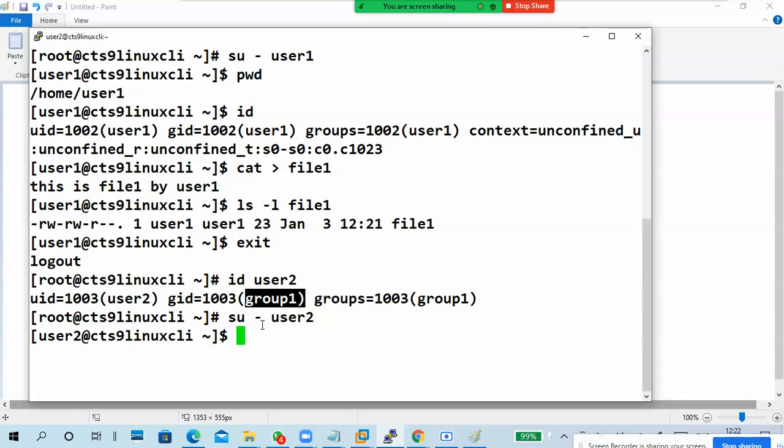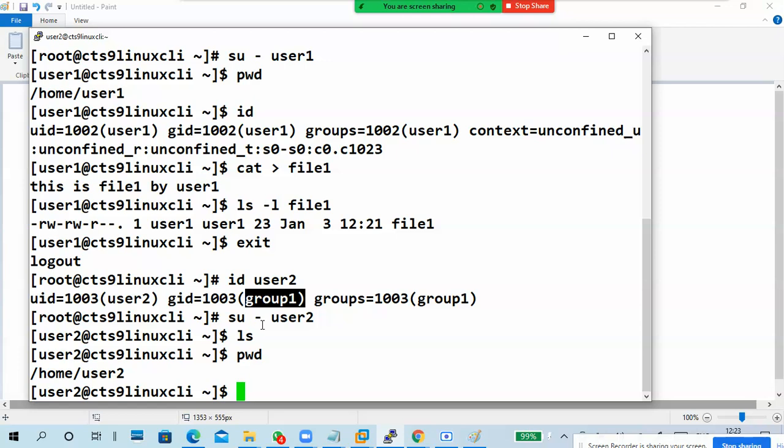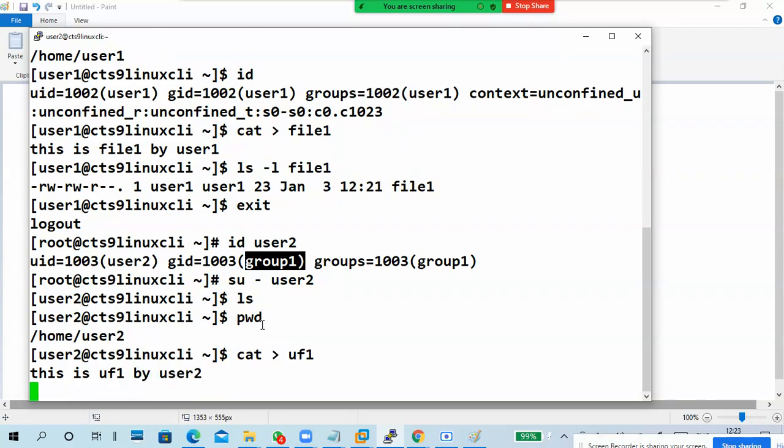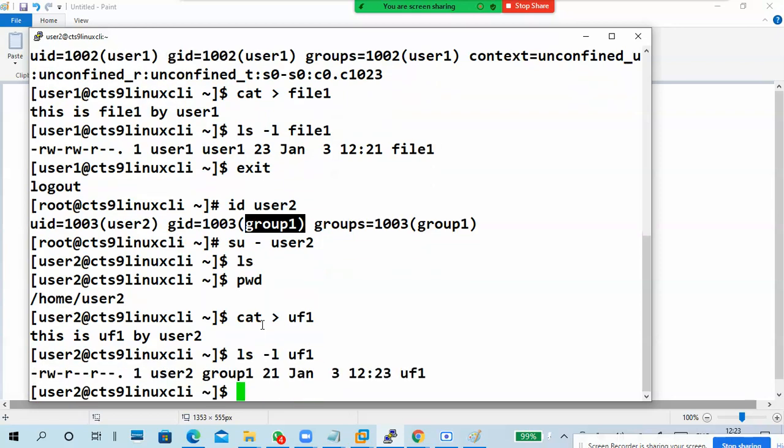Here also I run ls, nothing is there. pwd, I'm in /home/user2. Next, I'm going to create a file. cat > uf1, this is uf1 by user2. Control D.